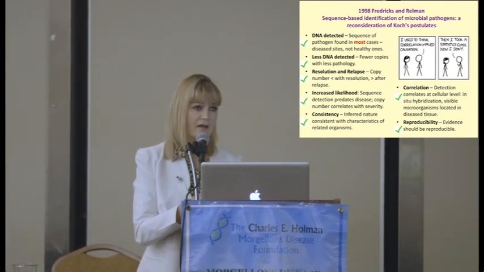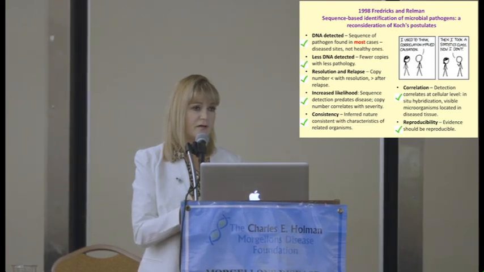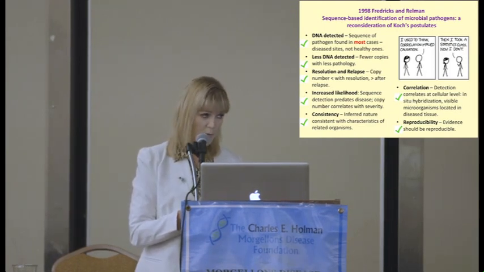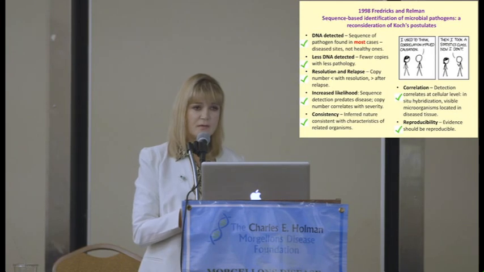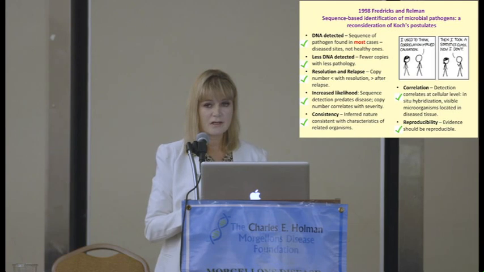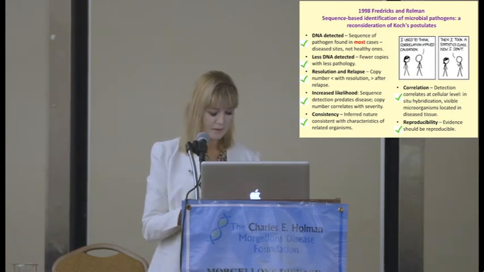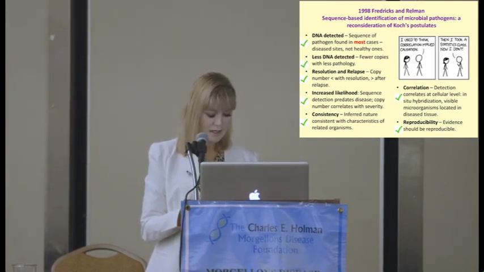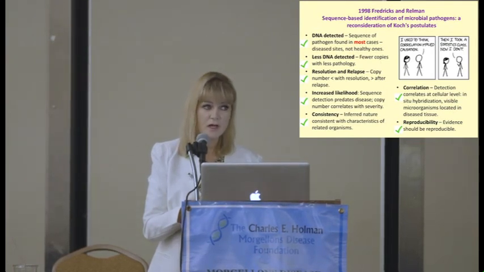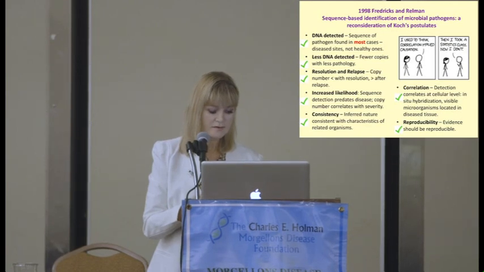So I still have scientists from various universities who review a paper I've done, and they'll say, well, your work doesn't fulfill Koch's postulates. And it's just so outdated and so sad that scientists continue to not evolve with the times. But anyway, in Fredricks and Relman's, number one, a nucleic acid sequence belonging to a putative pathogen should be present in most cases. You'll notice it says most and not all cases of an infectious disease.